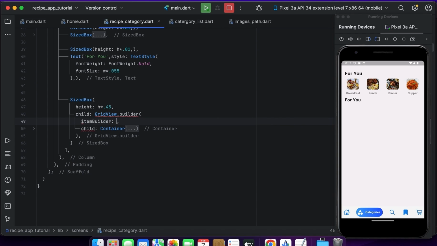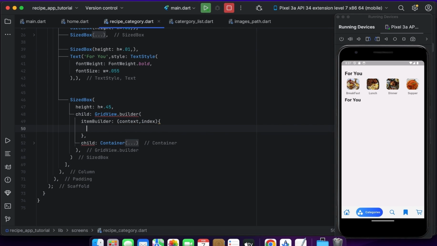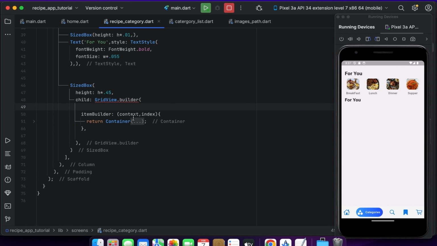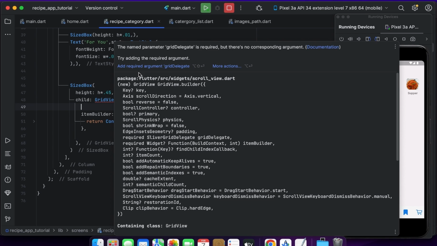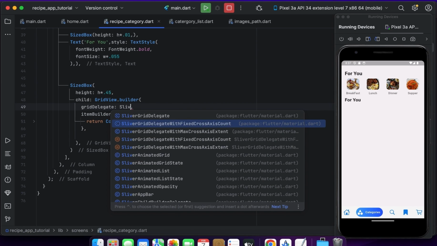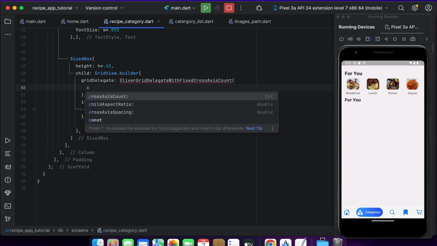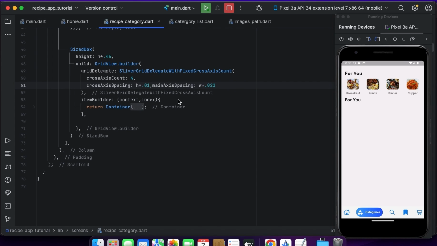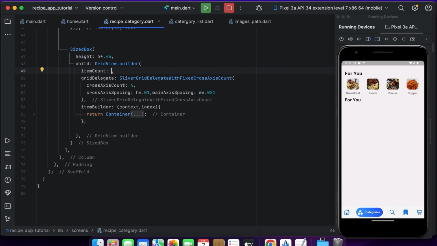Here we will create an item builder method and just cut it and return inside the builder. Grid view builder, and yes, grid delegate, sliver grid delegate with fixed cross axis count, and cross axis count will be 4. It will display 4 items in the list. I am giving the horizontal and vertical space between the items, and item count will be